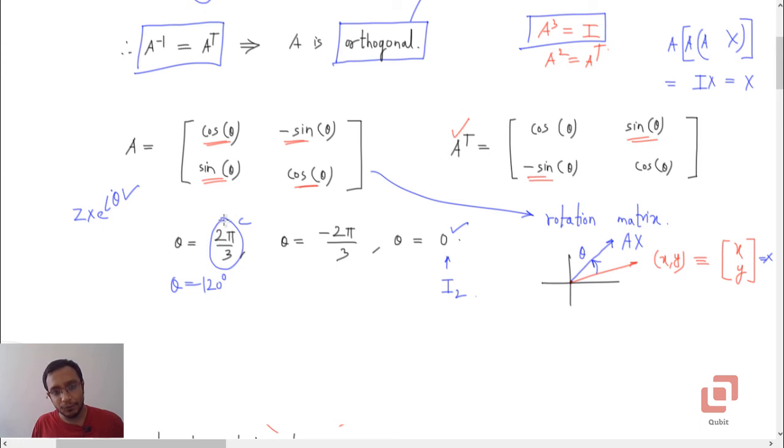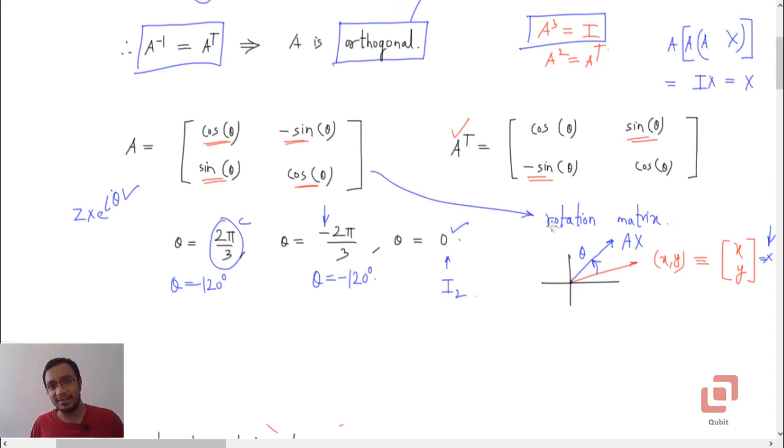And if 2 pi by 3 works, then why not negative 2 pi by 3? Of course it will. So this would result in clockwise rotation of the vector x, y, and when you operate A corresponding to theta equal to negative 2 pi by 3 thrice on our original position vector x, then you will get 3 different positions, and the final position will coincide with the original one, because this is negative 120 degrees, and therefore negative 120 into 3 is negative 360, or which means, well, now you know coterminal angles, right?